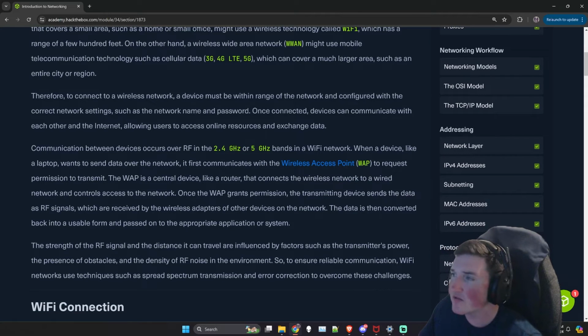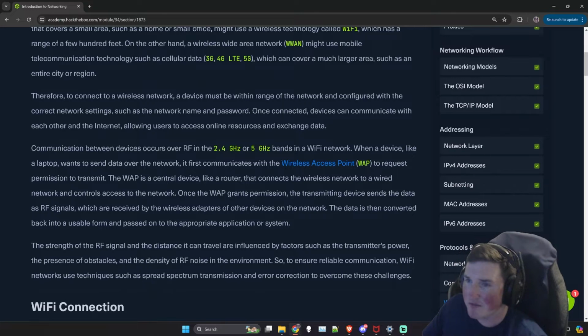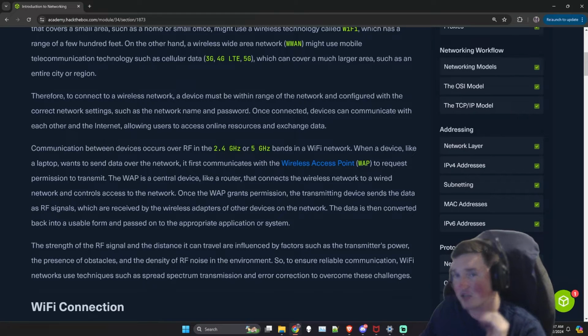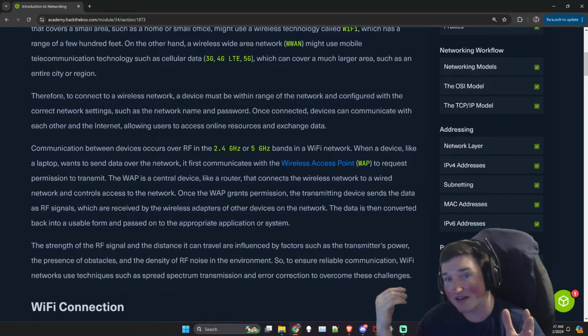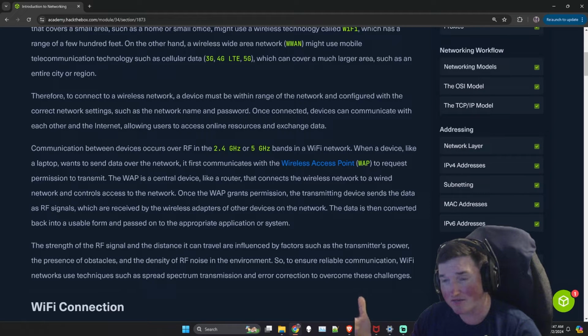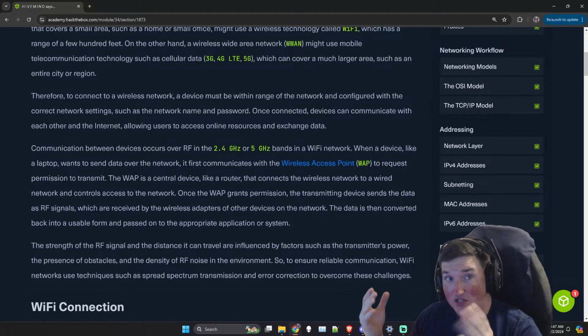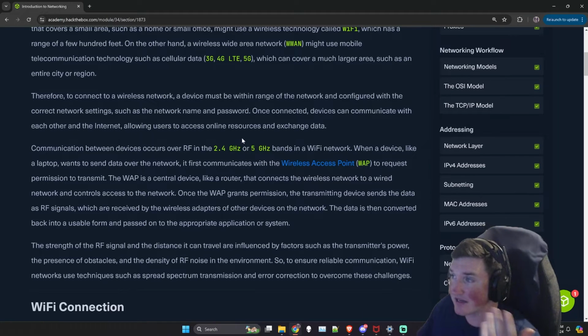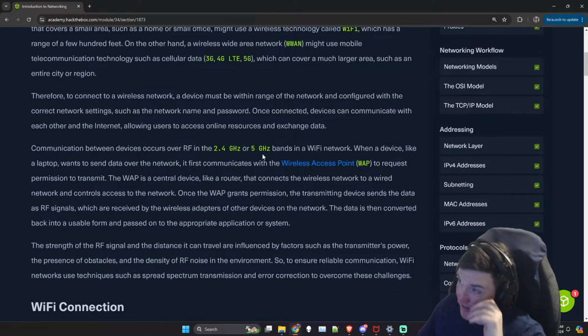So this is what we first think of, the wireless access point. This is where communication between devices occurs over RF in 2.4 gigahertz and 5 gigahertz. This is what you see on your Wi-Fi when you're saying, I have a 5G Wi-Fi and a 2.4. It may not say 2.4, it may just say regular. I know my router, my wireless access point, will actually say, do you want to connect to the regular or do you want to connect to the 5G, right? Now I think they're getting ready to come out with a new one. But anyway, that's the frequency you're sending it over.